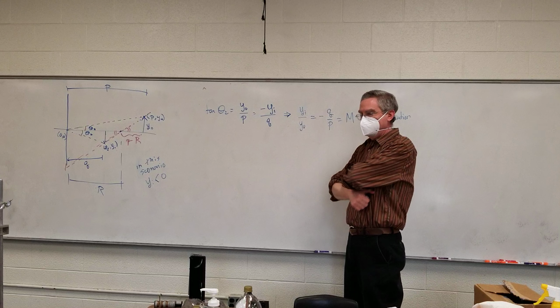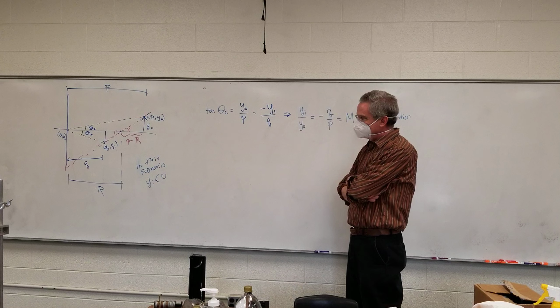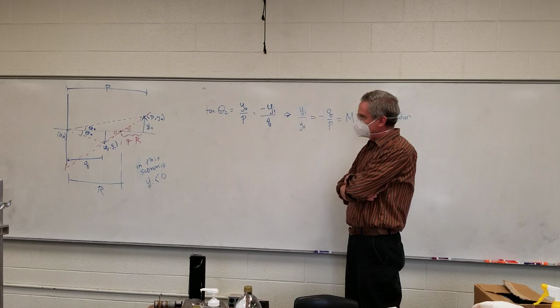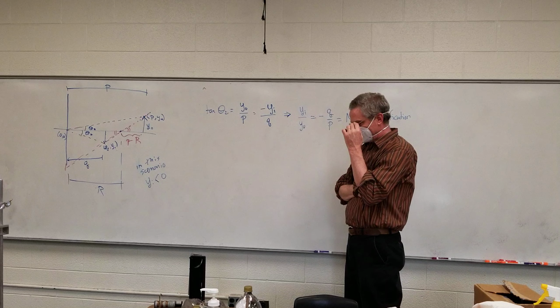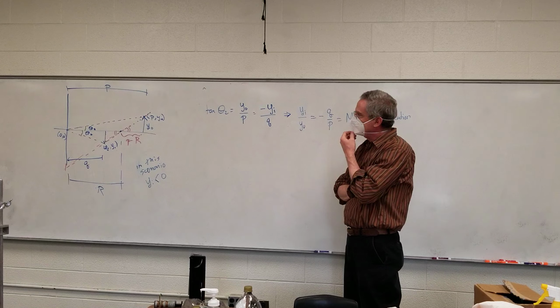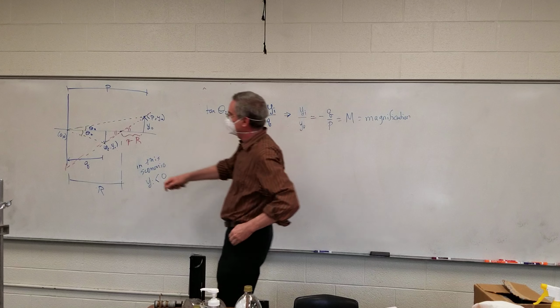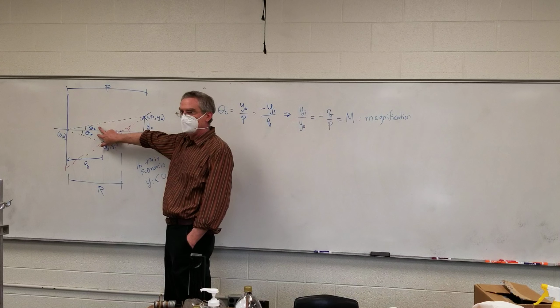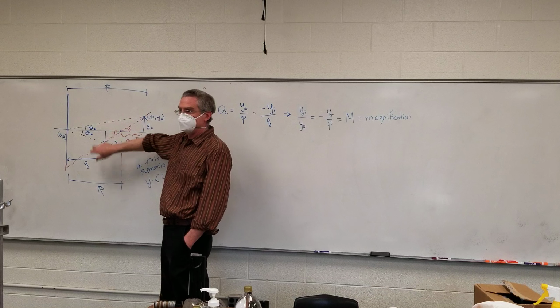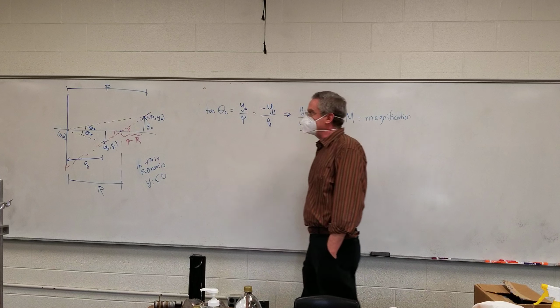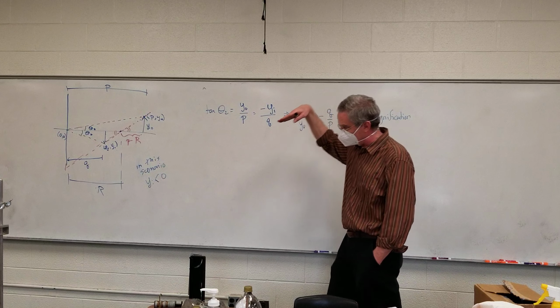So if you have one of the angles figured, it should be the same as the other angle. Those angles are indeed the same, based on this idea that the angle of incidence, the angle in which the light comes in,